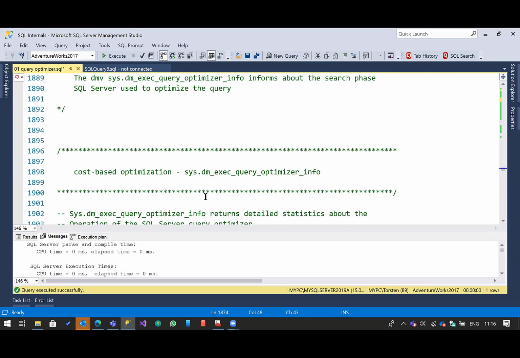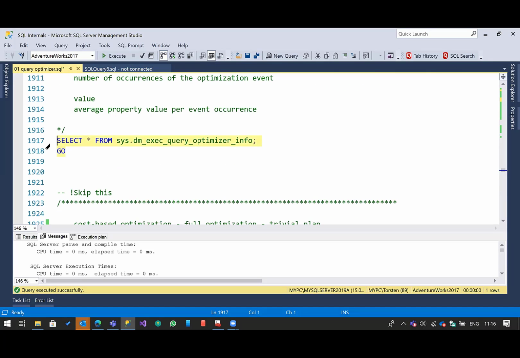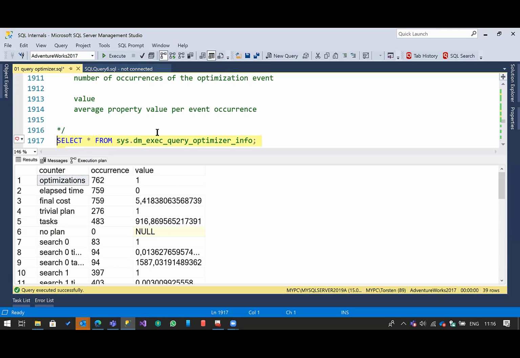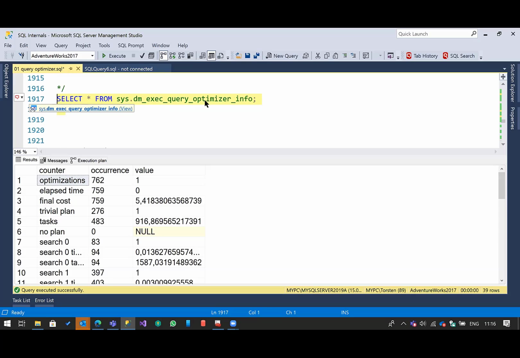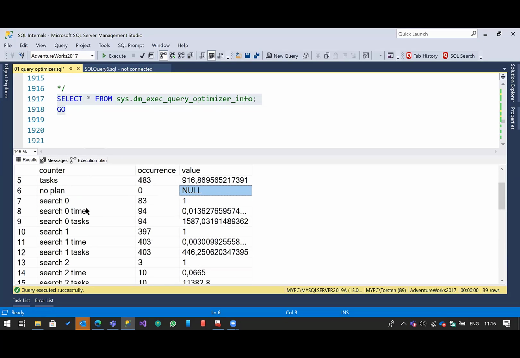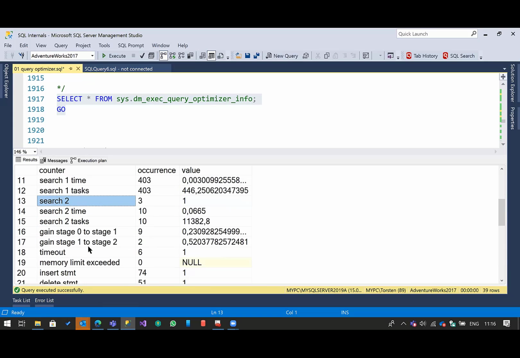So we can easily see, when you have your SQL Server in front of you, you can use this dm_exec_query_optimizer_info in order to see how many times SQL Server will apply search phase 0, 1, or 2. There's a lot of good information in the query. You can see, for example, the timeout. When you see a high number of timeouts in your SQL Server, this is already a hint that